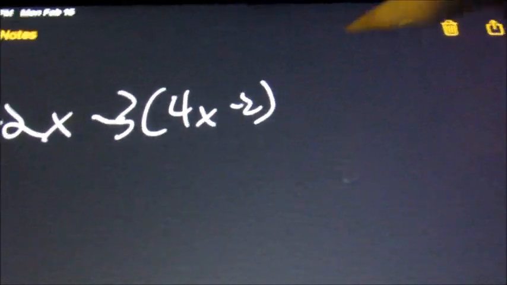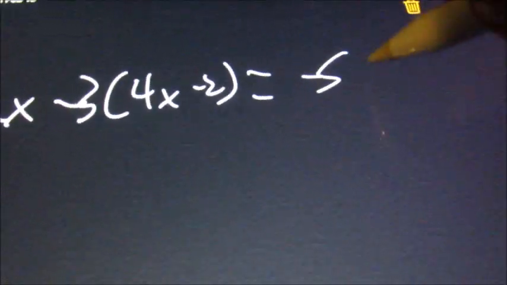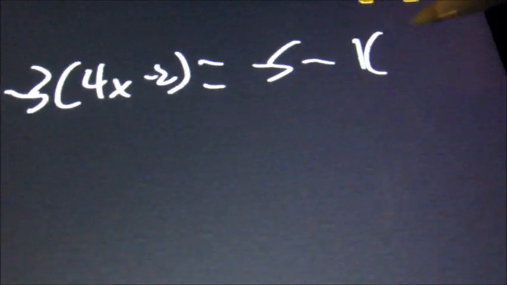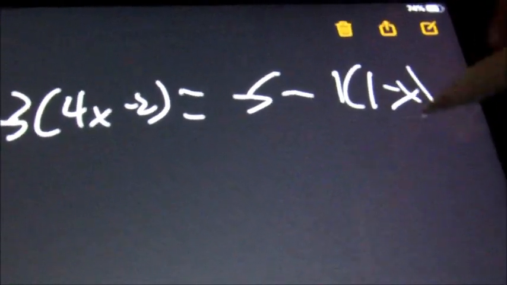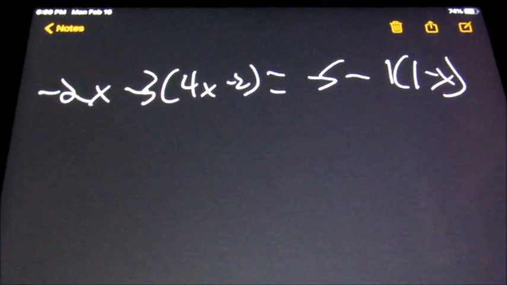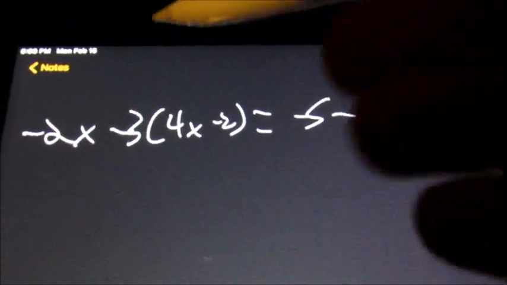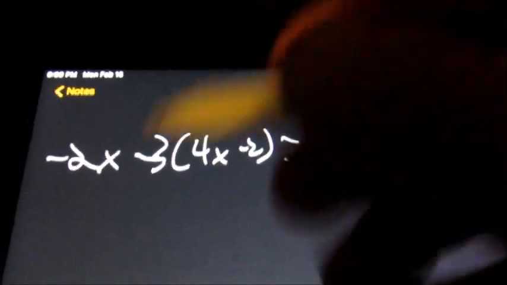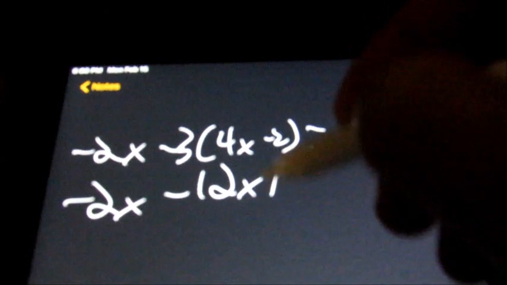Alright, now let's look at some that have more to them. So let's say we have negative 2x minus 3, and then in parentheses, 4x minus 2, close parentheses, equals negative 5 minus 1, and in parentheses, 1 minus x. Okay, so we have quite a bit to do on this one. So the first thing we need to do is distribute the negative 3 and the negative 1. So we're going to have negative 2x minus 12x plus